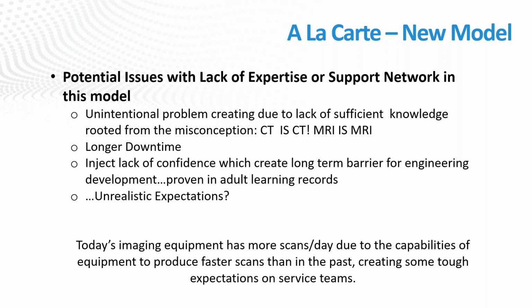So as you are working with complex, highly digitalized equipment, like the capital equipment in hospitals, CT, MR, X-ray, there is a lot of detail in the troubleshooting that can't be captured in 7 days. So you could create more problems. That's what we have seen in the research we have conducted. We also noticed that we actually contribute to a longer downtime. What does that mean? That means the system will remain down for a longer period, because the engineer will be,